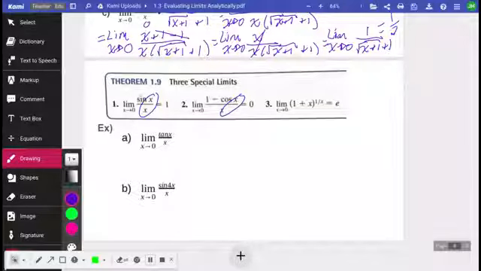So the consistency of the x's here is really important, and you'll see how that works. With an example like this, you wouldn't necessarily realize that the special limits are in these examples, because if you notice it's tangent, and none of those special limits have tangent. However, keep in mind that I can rewrite this limit